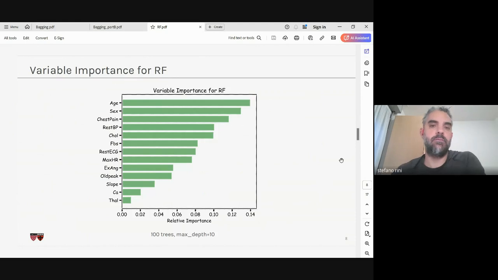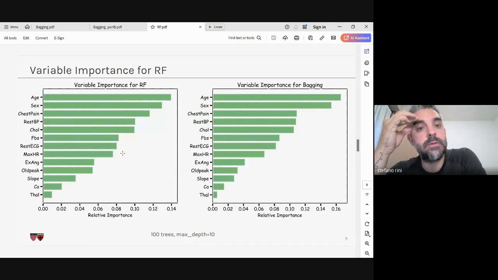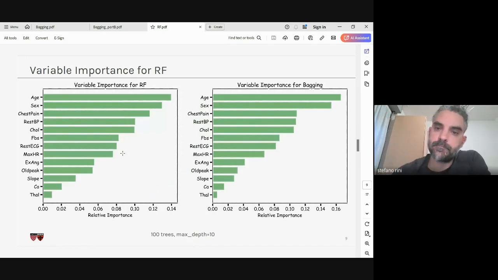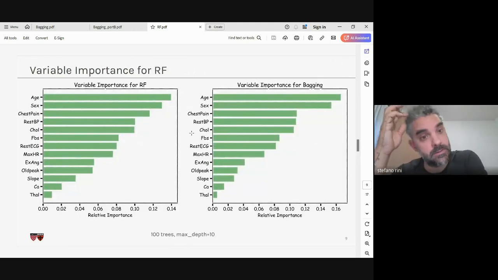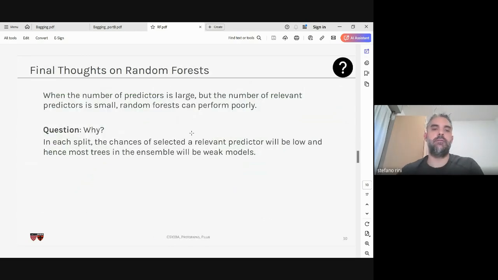So basically, once you choose the way of measuring the variable importance, you will get something like this. You want to know what are the predictors that dominate your prediction. So what you do is that you gain back the interpretability of your random forest, okay? And you can compare the variable importance between random forest and bagging. And you can see that in this case, for example, they're very much aligned, right? This is because the variable importance should be sort of abstracted away from the specific model that you have.